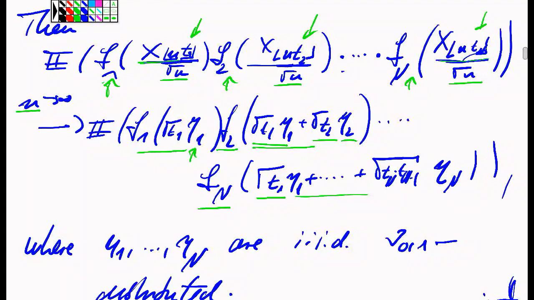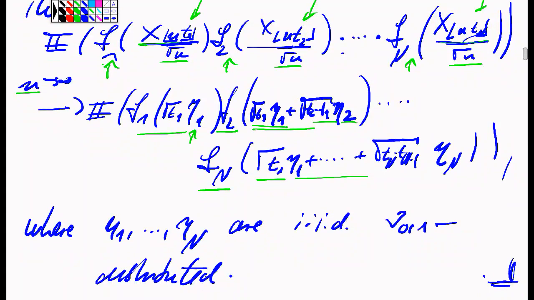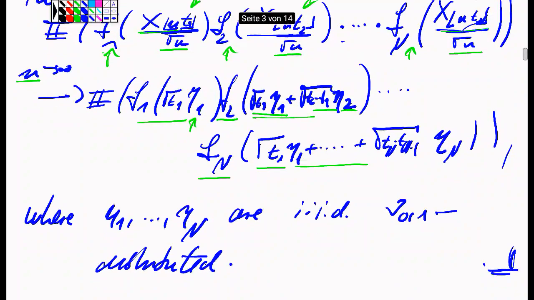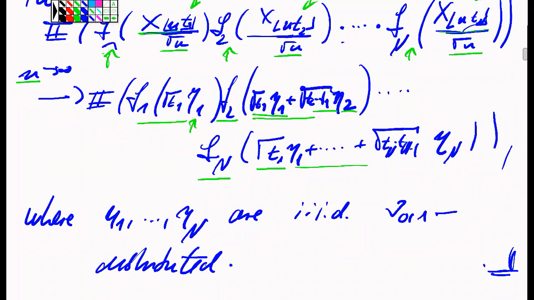So here that's poorly written, and in fact it's wrong. So what needs to be written here is just, first term is just right. So I have a square root of correction. I have a square root of t1 eta 1 plus square root of t2 minus t1 eta 2. So I take the difference of the two time points t2 and t1. I take the square root of it, and that needs to be multiplied as a prefactor to eta 2, and so forth. So here I get this product of these increments for Fn, where all these etas,